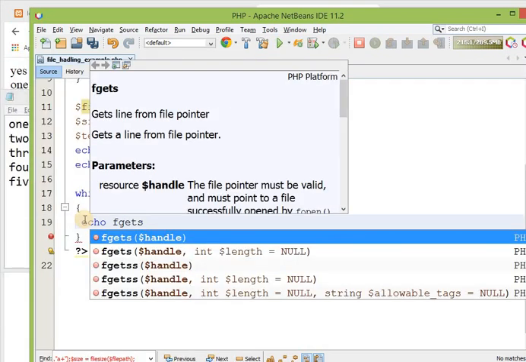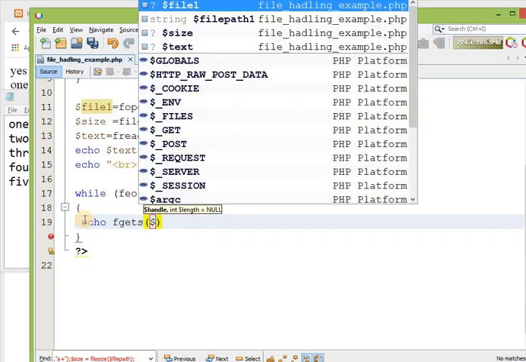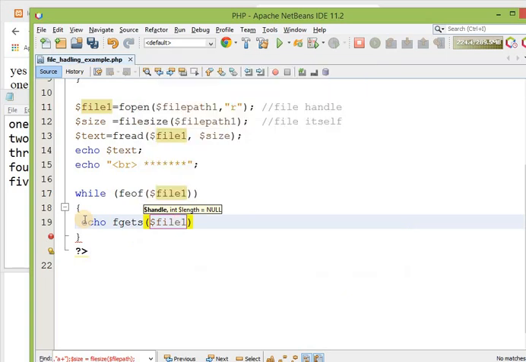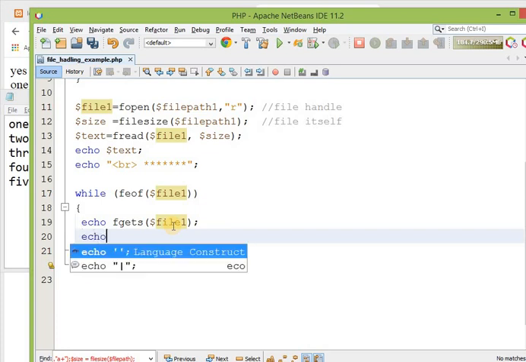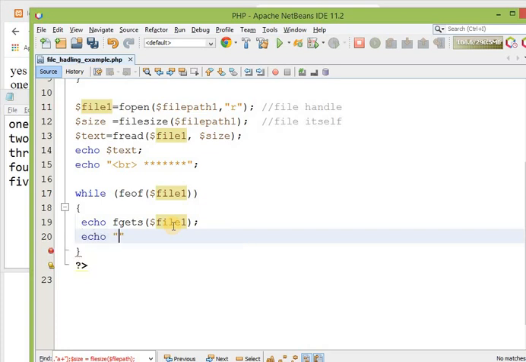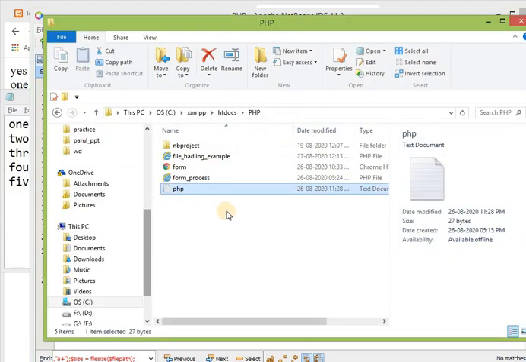This is the function to read line by line, and over here you just need to pass the handle of the particular file that you want to read. For understanding purposes, I am writing a plus over here so that you can get an idea. Yes, it is reading line by line. Okay, save this.